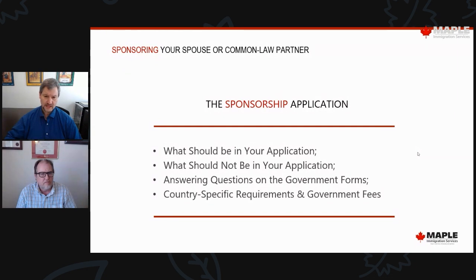If there's anything else, country specific requirements, again, always be mindful of those requirements because they do vary per country. And the government fees, just as a side note, we've had an increase of fees lately, so always check those. If you don't put in the right fees, your application will be returned incomplete, R10. Same with the country-specific requirements. I think I'm going to stop there. Norbert, do you have anything you want to add to that?